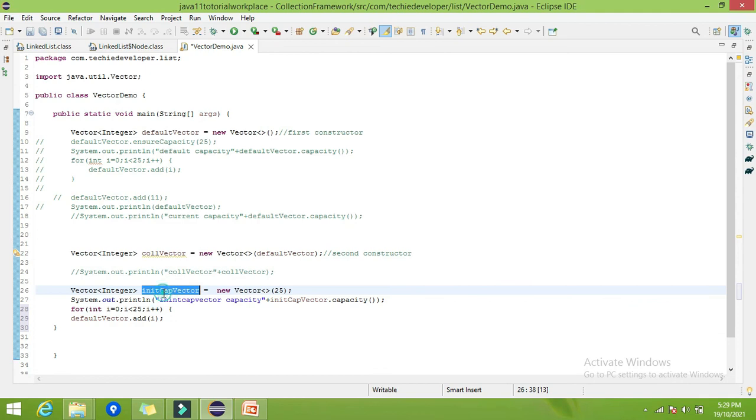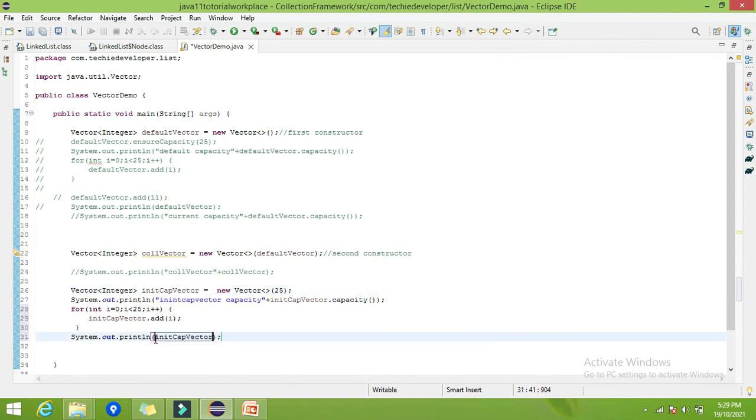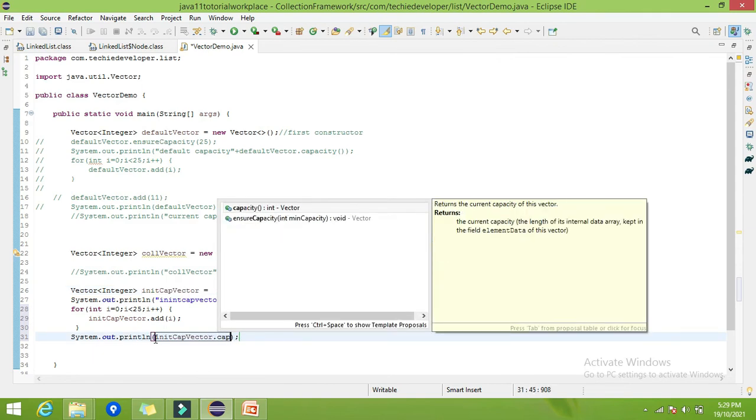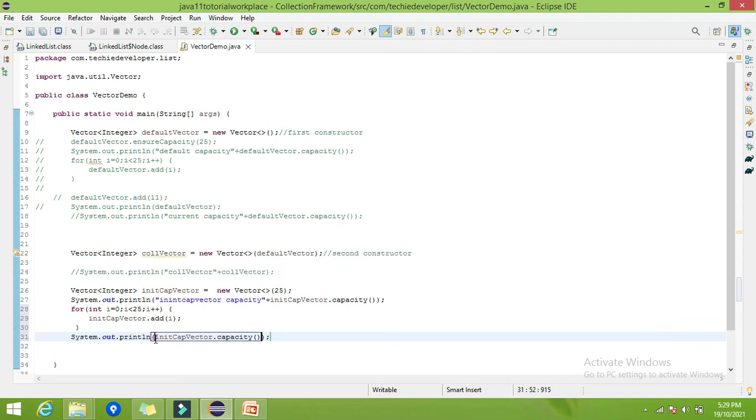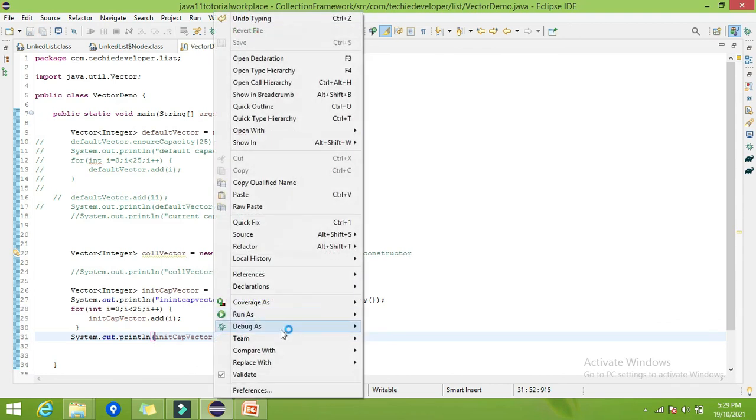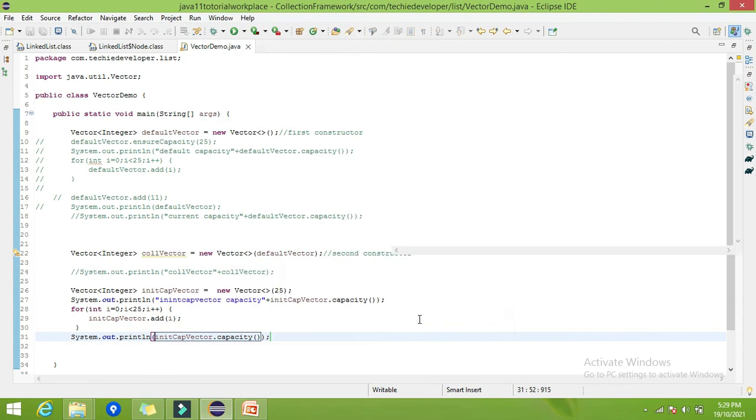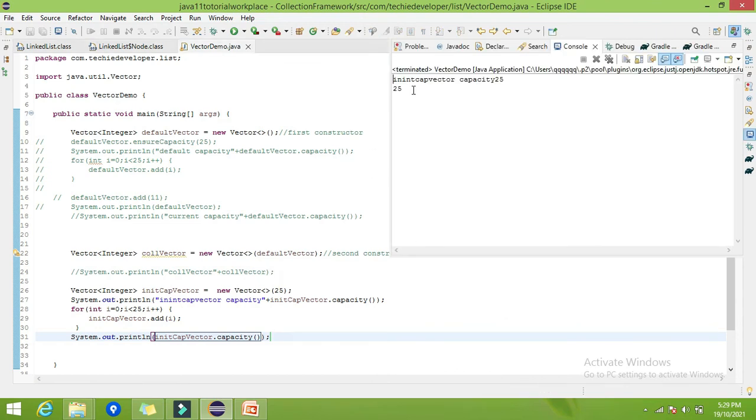So what I have done is I have added up to 25 elements, right? And now let me print the capacity again. System out initCap vector dot capacity. So what will be the capacity? Of course it will be 25, because we have given the initial capacity as 25 and we are trying to add only 25 elements.